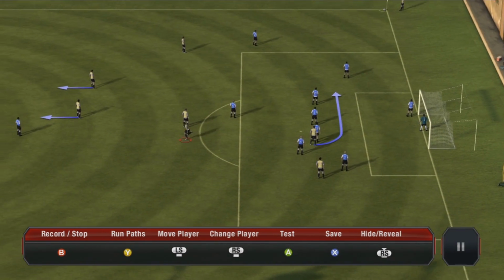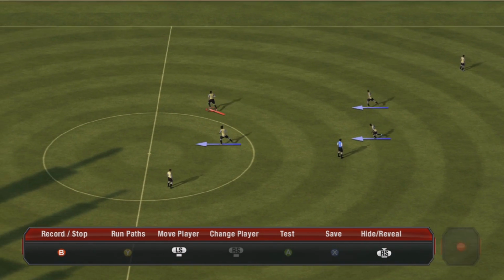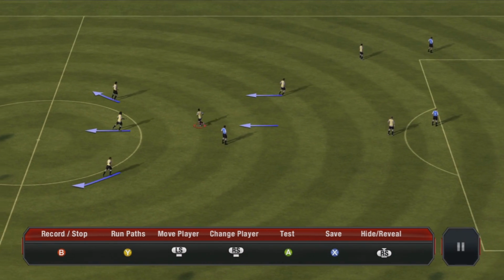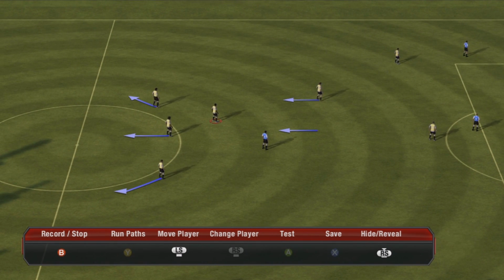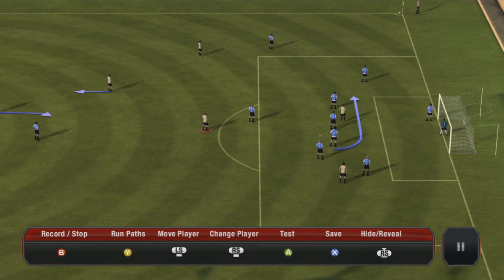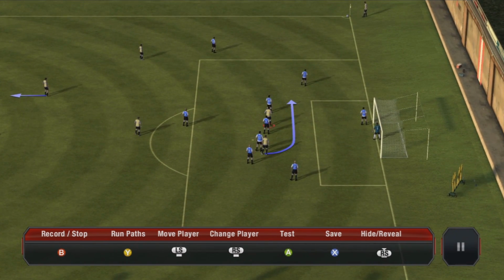And now I'm simply getting the defenders and bringing them back. And from personal experience, I can tell you that the biggest issue with custom set pieces is counterattacks. If you do not have your players getting back on defense, you can easily get countered, and it's obviously a very easy way to get scored against. So what you want to do is you want your defenders to get back on defense and ensure that that